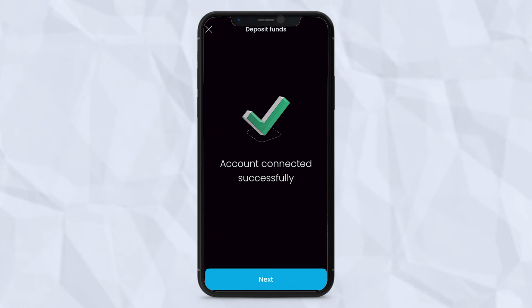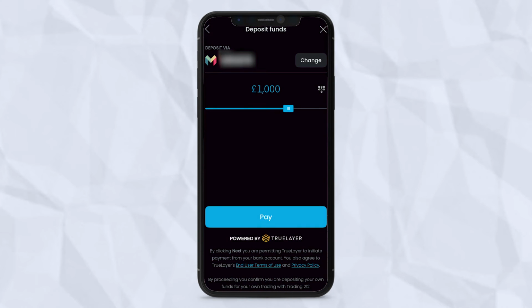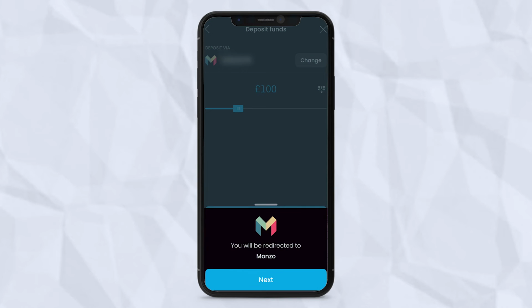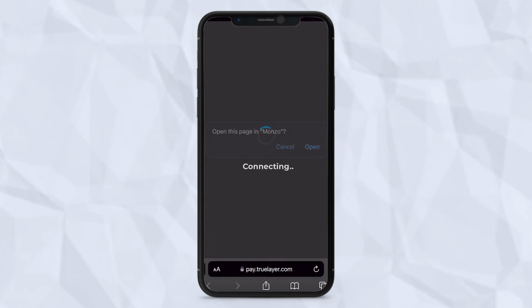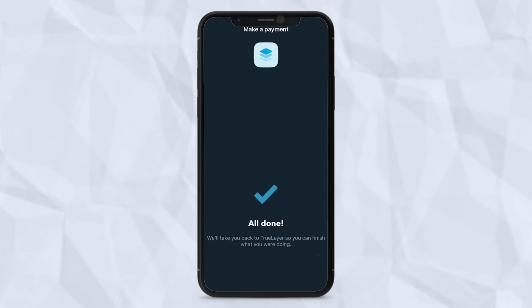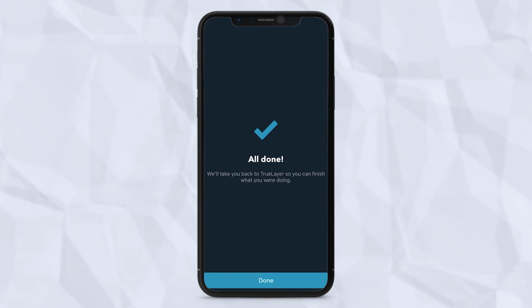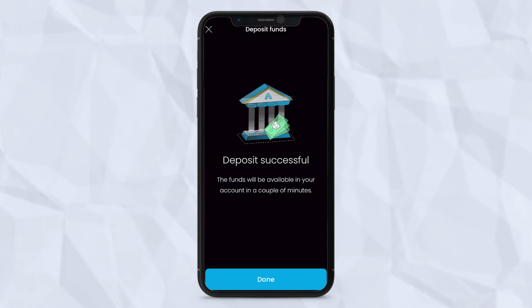After everything's been confirmed and connected, you're all set to make your first deposit, and you'll see a lovely slider option pop up for you to choose your amount. So pretty self-explanatory, choose the amount of money you want to deposit and hit pay. I chose to deposit £100 for the purpose of this tutorial. You may be redirected to your bank account here to confirm that the payment is legit, so just click the link and authorize the transaction if you need to. And that's it. Your money will hit your account almost instantly and you're ready to invest in your first index